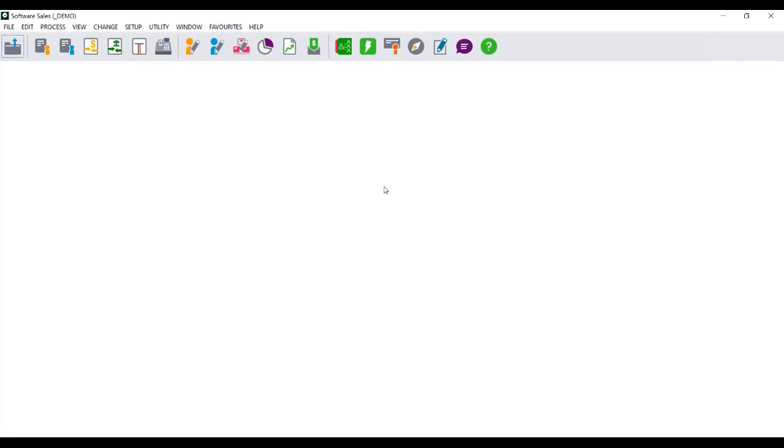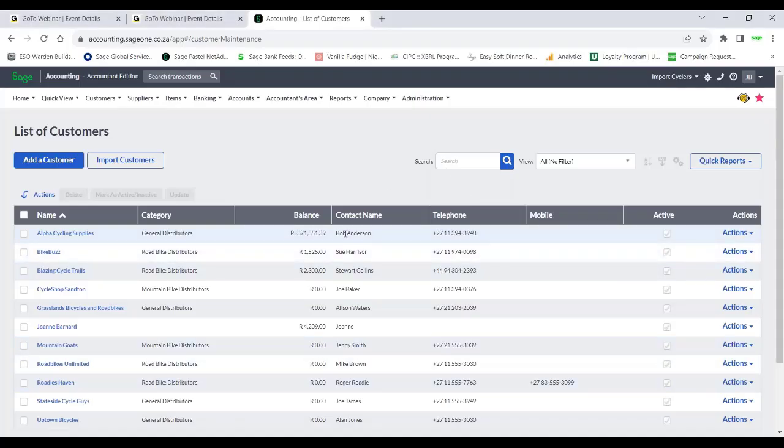If you do not know what the contra account is, you need to get hold of your accountants or your auditors, and they need to tell you, irrespective of which program you are using. Getting hold of Sage, guys, we support the software. So if there's a problem with the software, if the software is not doing what it should, if you told it to, for example, you processed a journal and you used Alpha Cycling Supplies as the account and it put